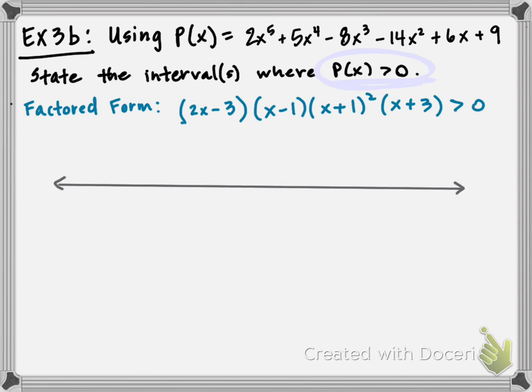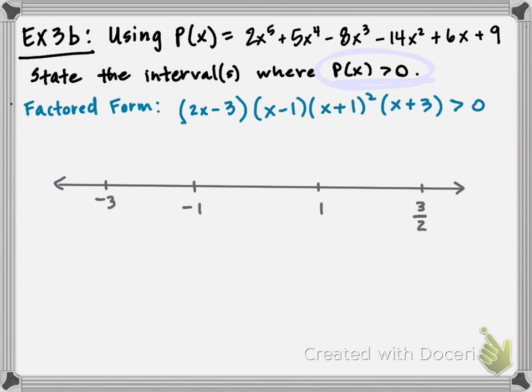We have our graph. Now what's next is we need to list our zeros from least to greatest. So we know one zero is happening at negative 3. Another zero is happening at negative 1. A third zero is happening at positive 1. And a fourth zero is happening at 1.5, also known as 3 halves. Now, what we're being asked to do is find out where this polynomial is greater than 0. So that's right, we have to set up our